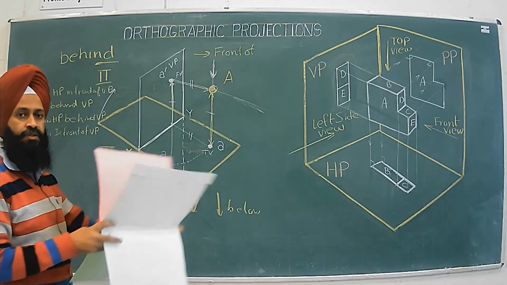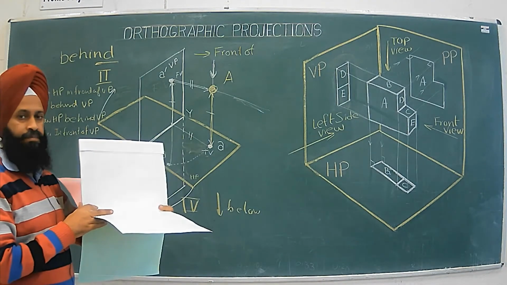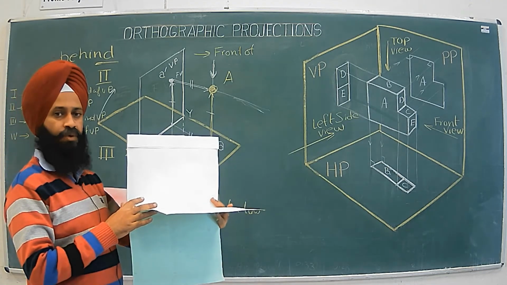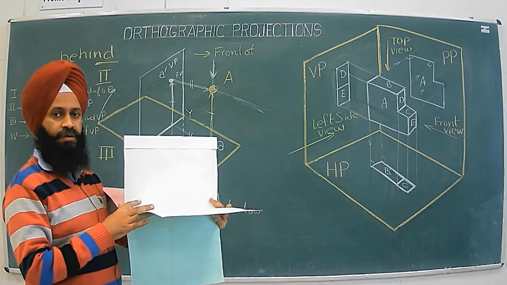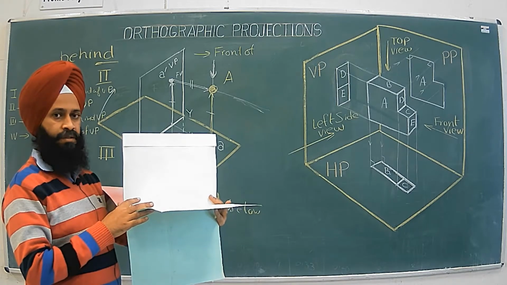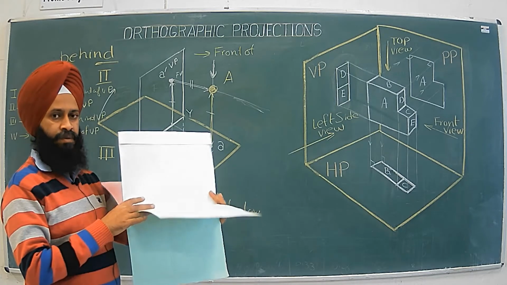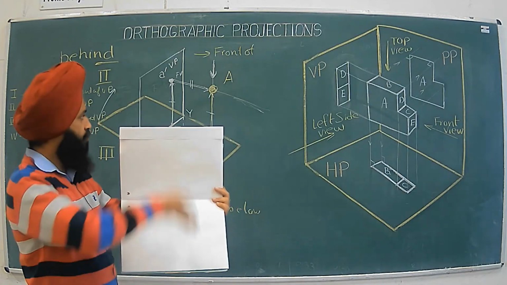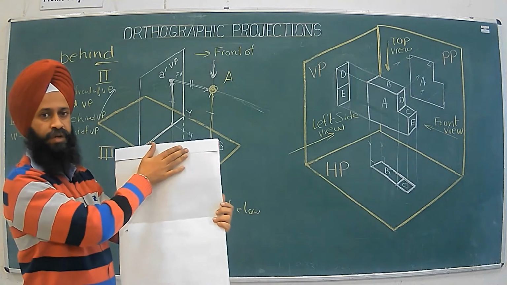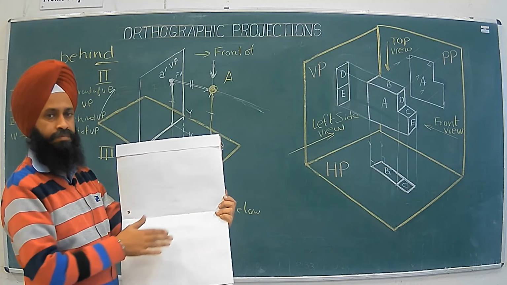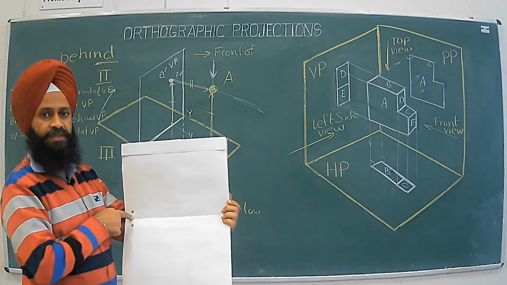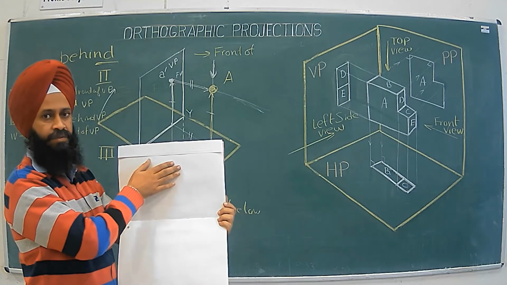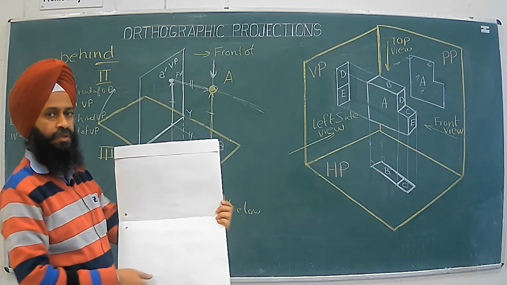First quadrant is also called first angle projection. So we have made the projection of the point A in first quadrant or first angle. So again you can see it goes like this, and this becomes our single plane on which we can draw front view and top view. So this is our xy line which appears to us. Above this is vertical plane, below this is horizontal plane.